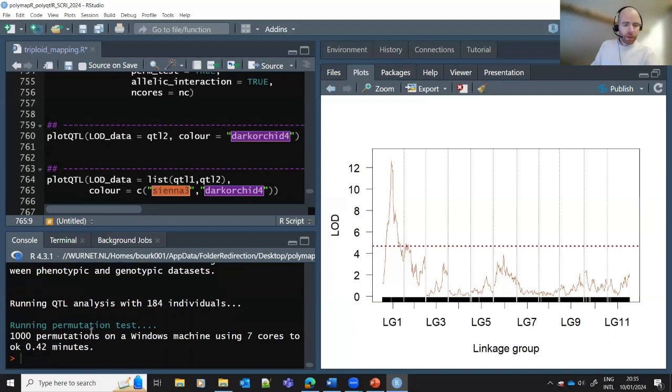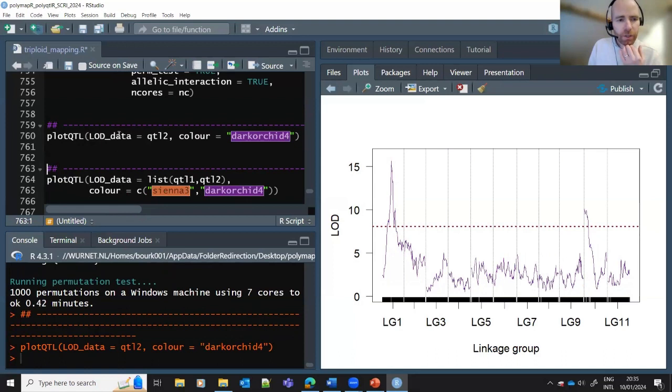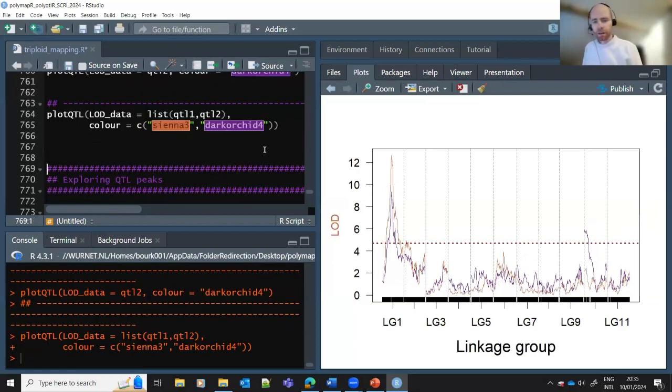Okay, so running that again took a little bit of time, but we can plot the output again using this plot QTL function. And as I mentioned in the vignette, this function now has been updated so that you can not only provide it with the outputs of this QTL scan, but you can also provide a list of different outputs and it'll plot them together. And if you do this in this particular format, it'll rescale them so that these thresholds will overlap completely. So here we see the outputs of, in the first case, the additive effects model, and in the second case, this full model,